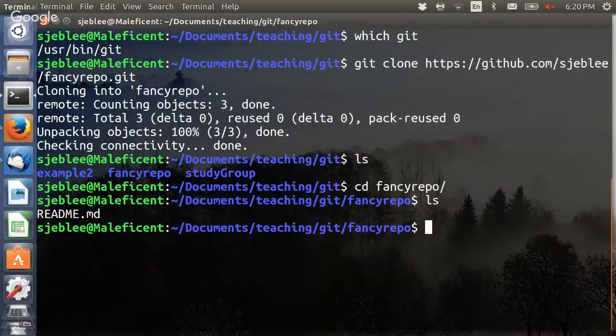Is everyone good? Stop me if you are not good. Okay. Oh, so after git clone, you want to paste the name of your